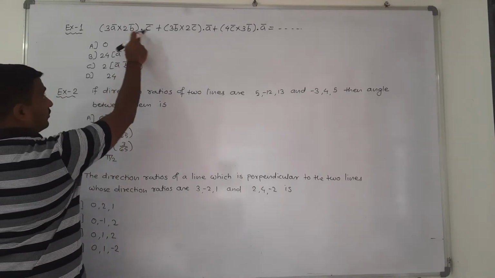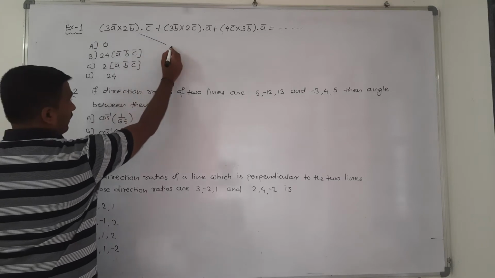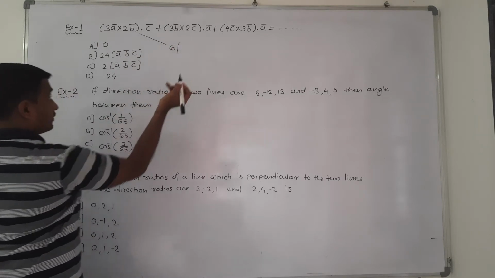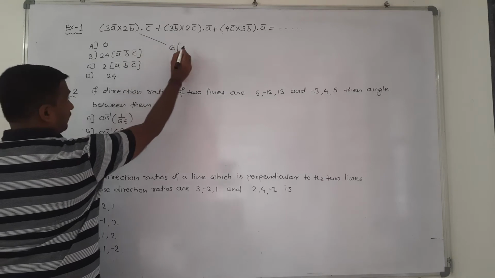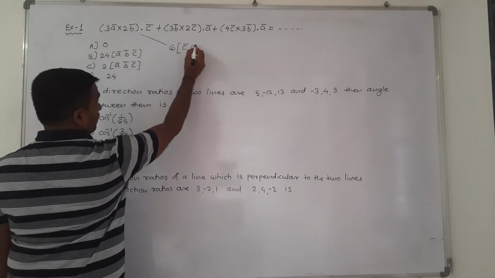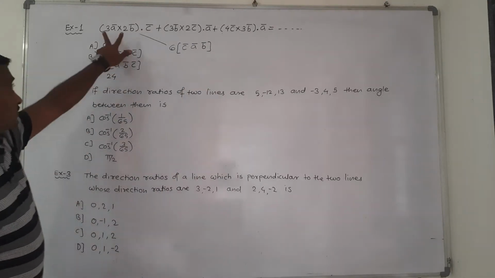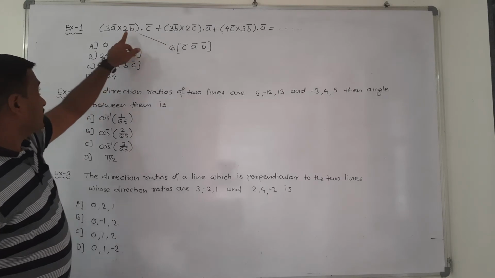Therefore, dot product is commutative. I write c bar first. 3 2s are 6, 6 common from this. I write 6 out. Now box product notation: dot, that is c bar first, c bar, then a bar and b bar. Dot product is commutative. Therefore, I write the 3 2s out, 6, c bar first, then a bar and b bar.